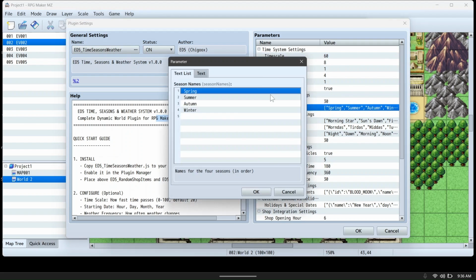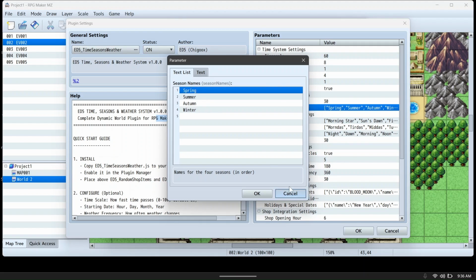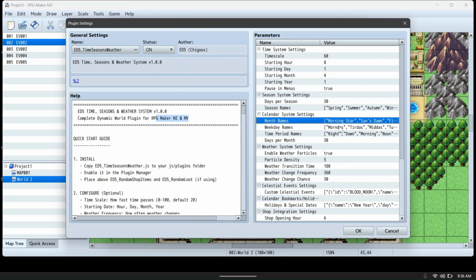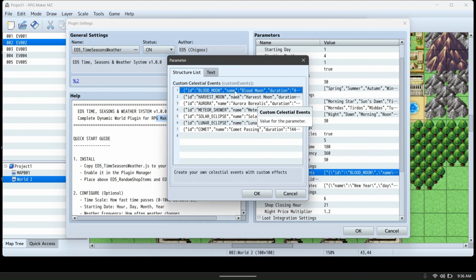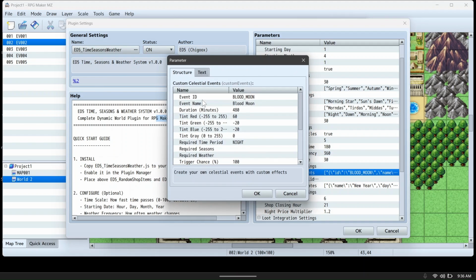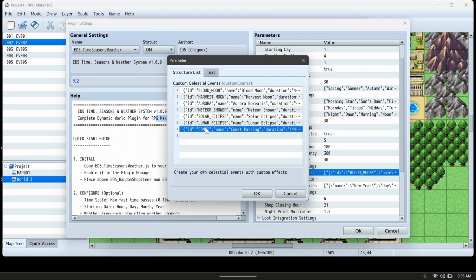You could also set custom names for your seasons, your months, weekdays, and time periods. You could also set the length of these periods. You could also add particle effects. There's also celestial events that happen throughout the whole game world that you could set depending on what time it is. Like for example, the blood moon can happen, or you could have